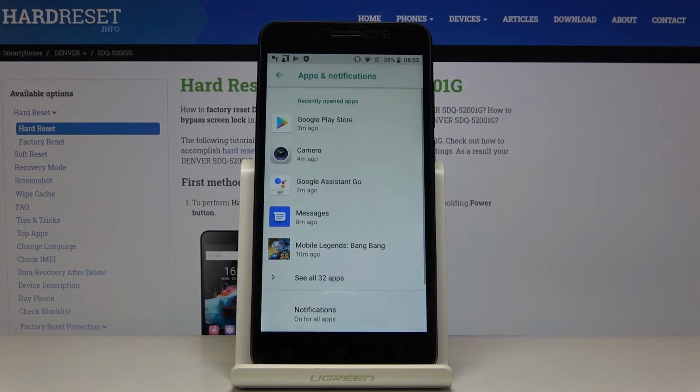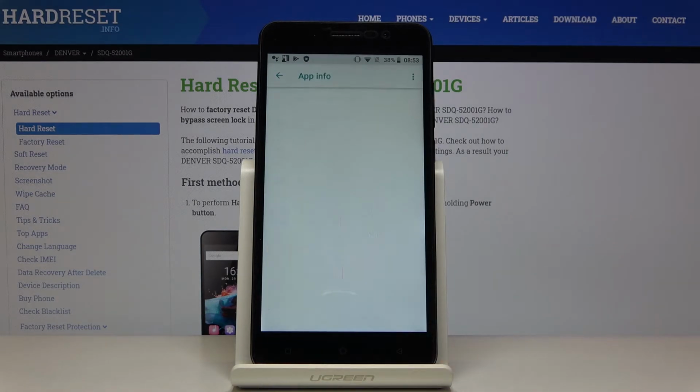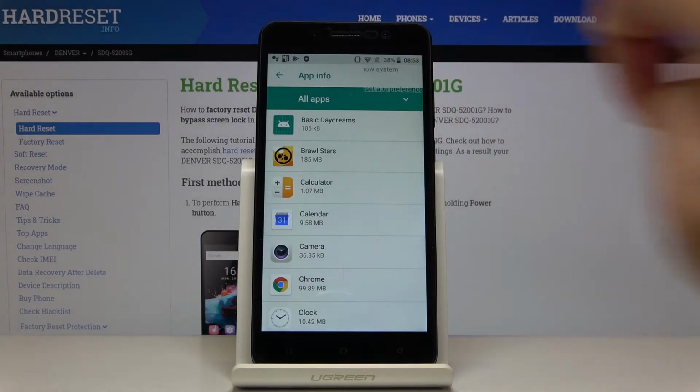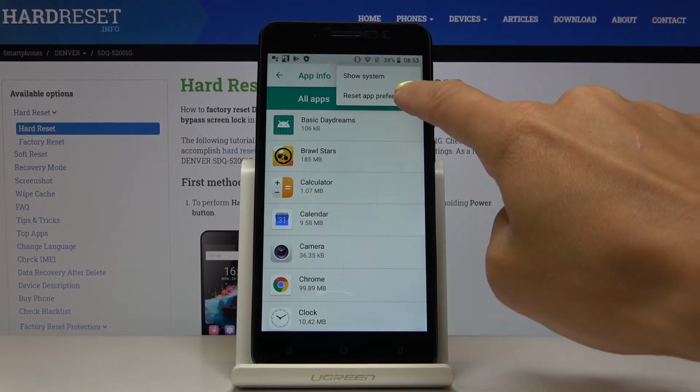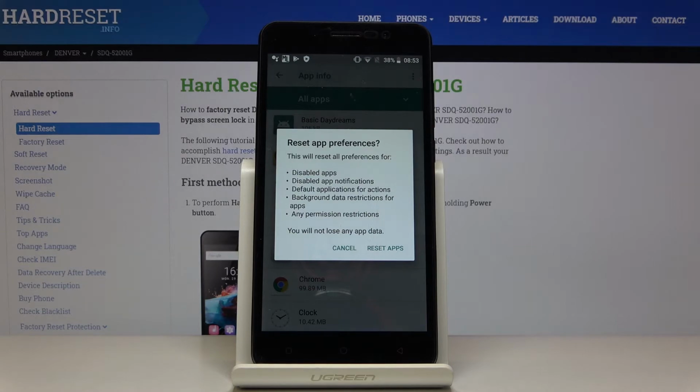apps and notifications, and then go to see all apps. Click on the more icon, and here you will notice reset app preferences. If you truly want to do it, just click on this icon and then confirm that you want to reset